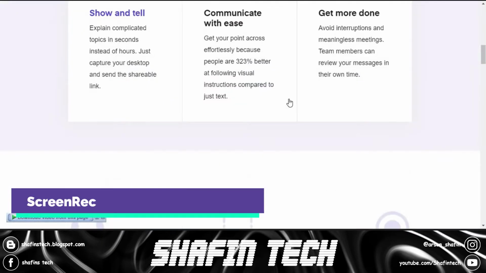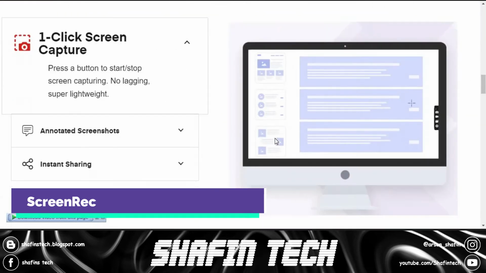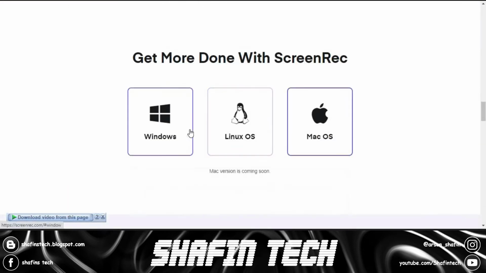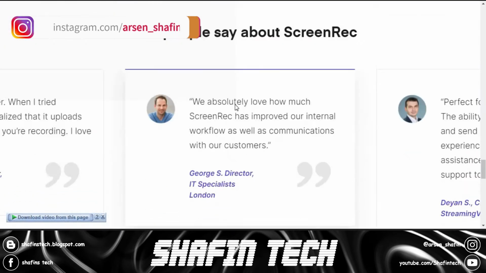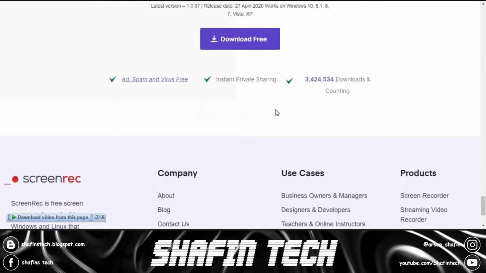Number 4 is Skin REC. Skin REC is a minimalist, fast and easy to use screen recorder. It is best for its no ads, no spamware or malware, and it is obviously free to use and comes